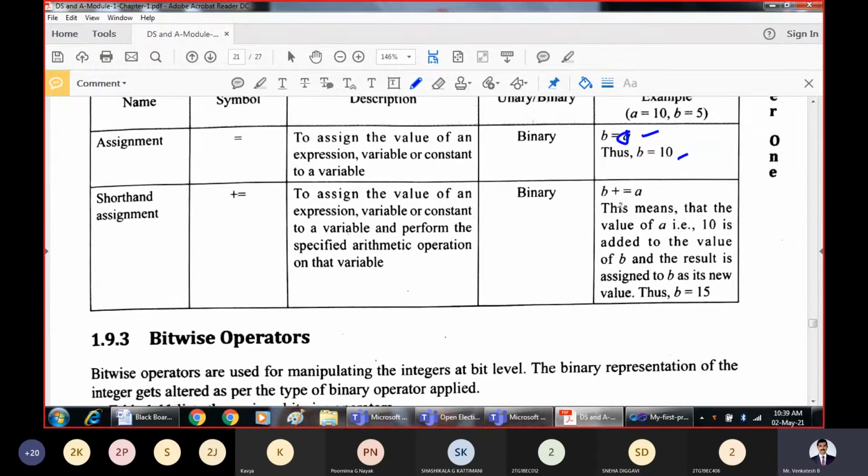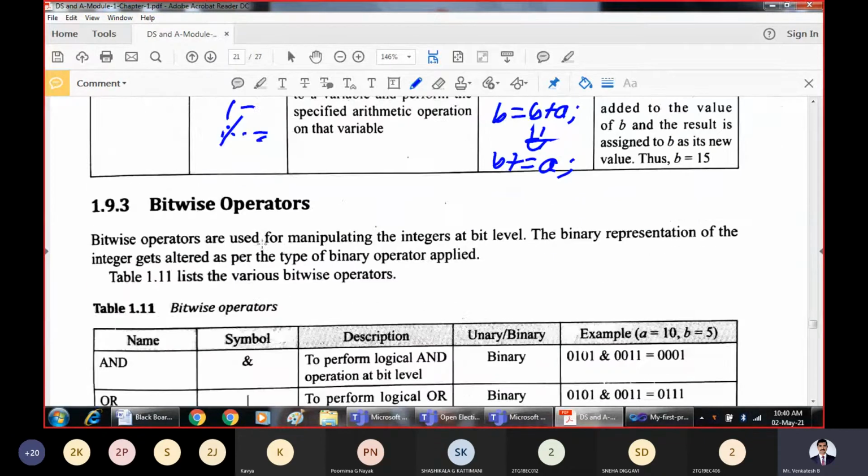It is a shorthand notation: B plus equal to A is nothing but B is equal to B plus A. This is the shorthand notation we use in programming. This shorthand assignment can be combined with all the operators: star, division, modulo, and so on.